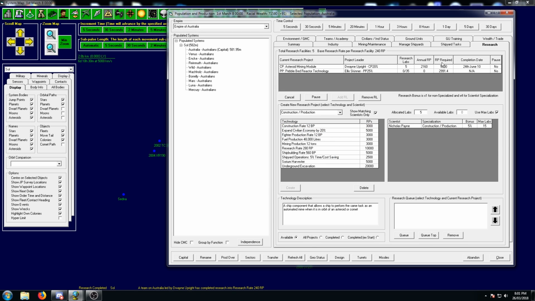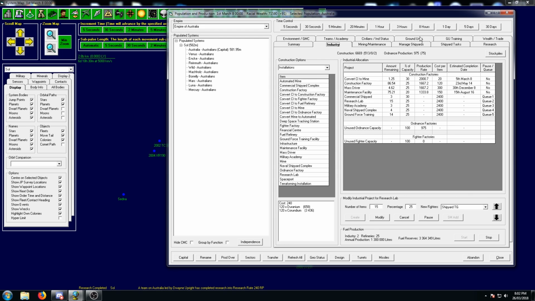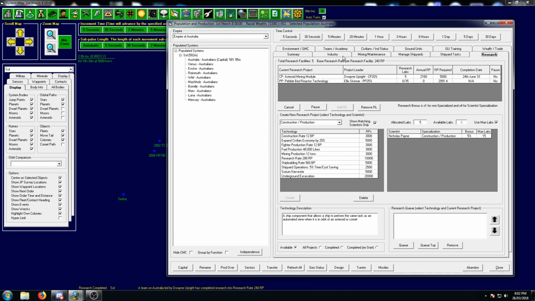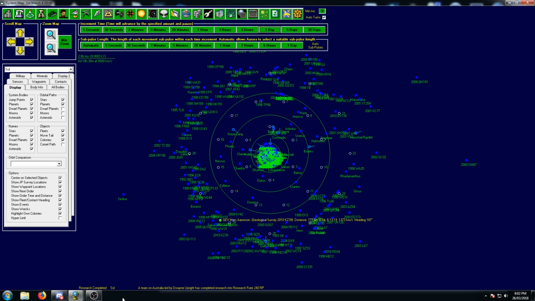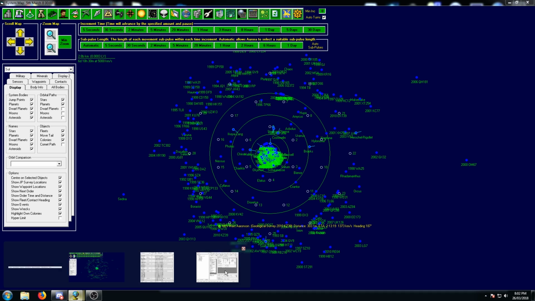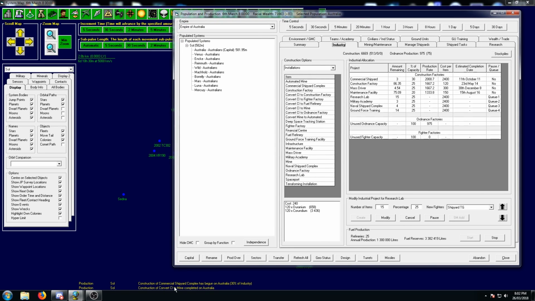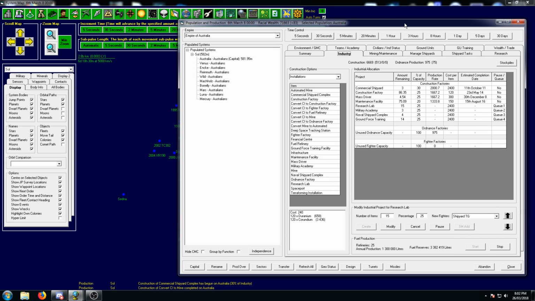Get those out. Okay. That's going to take about 2 years, so we can forget about them for now. But we are now producing 2400, so that's fine. We're going to need more labs for sure. So the production should be fine. Okay, so mines are done. We are now starting work on our commercial shipyards. So once those are done, we can start building them up to get a freighter